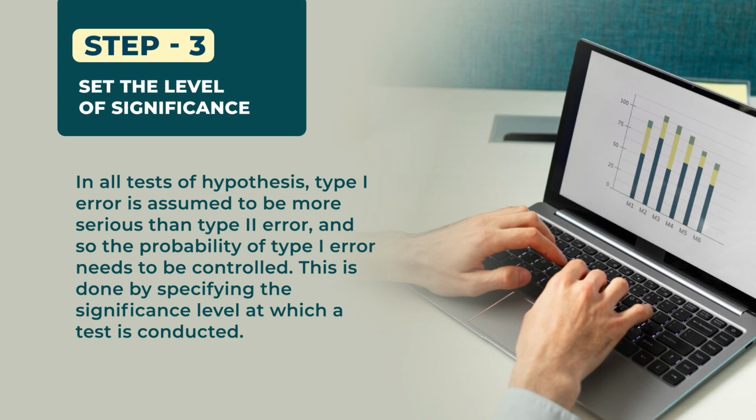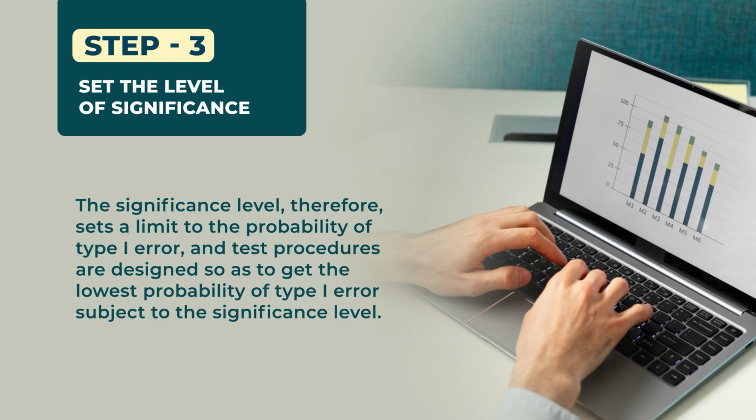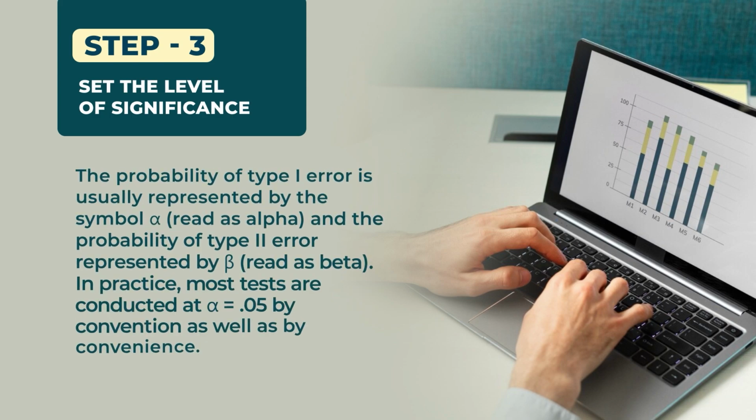This is done by specifying the significance level at which a test is conducted. The significance level, therefore, sets a limit to the possibility of type 1 error, and test procedures are designed so as to get the lowest probability of type 1 error subject to the significance level. The probability of type 1 error is usually represented by the symbol alpha, and the probability of type 2 error is represented by beta. In practice, most tests are conducted at 0.05 value of alpha by convention as well as